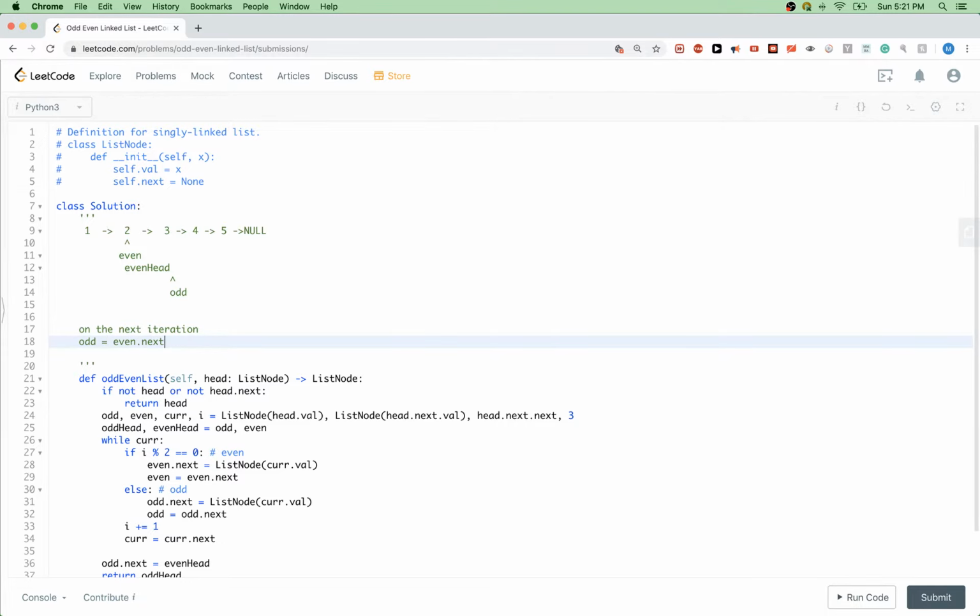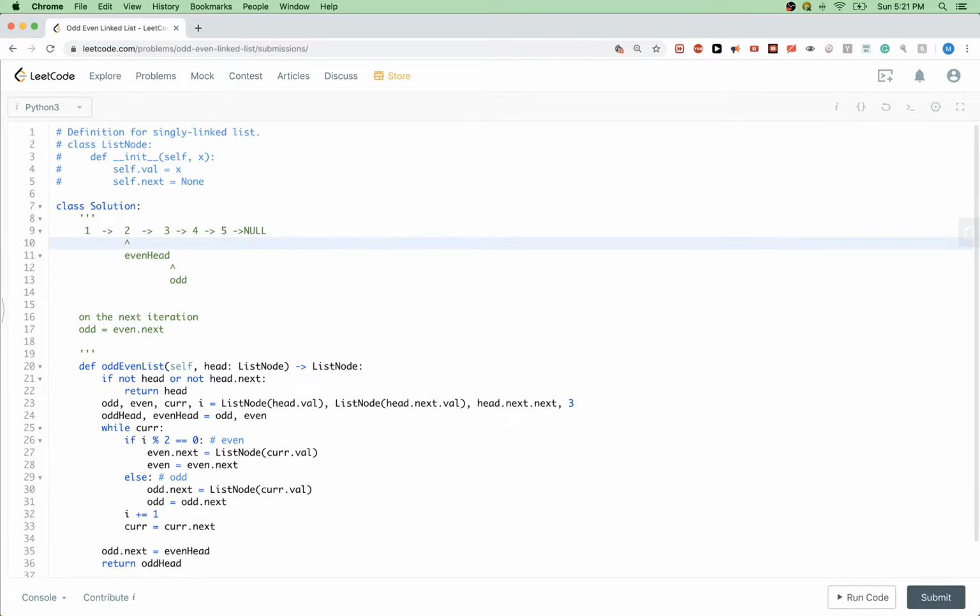That's what we did here. It's even.next, and then the head stays the same, but the even head stays here. But the even pointer goes to odd.next because that's what it is, right? Because that's the